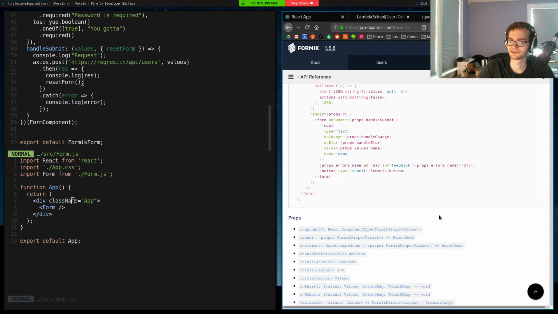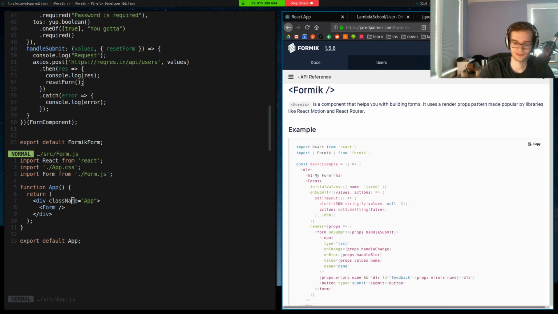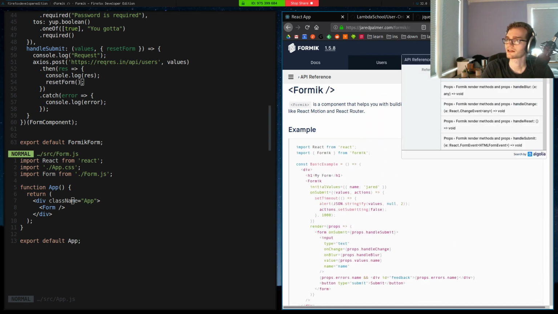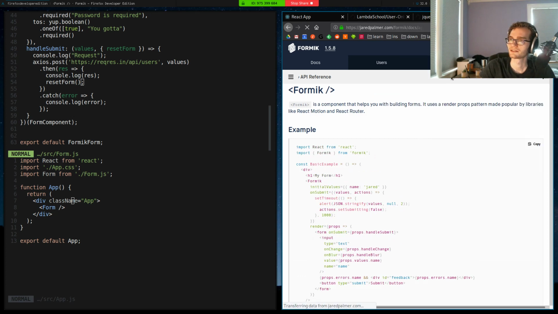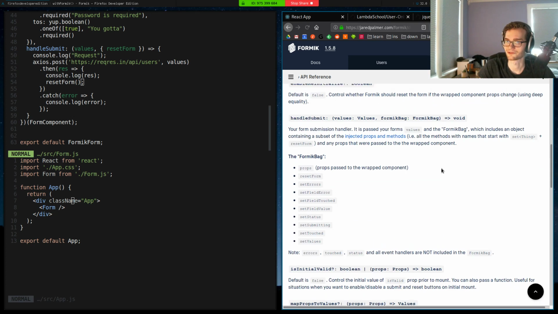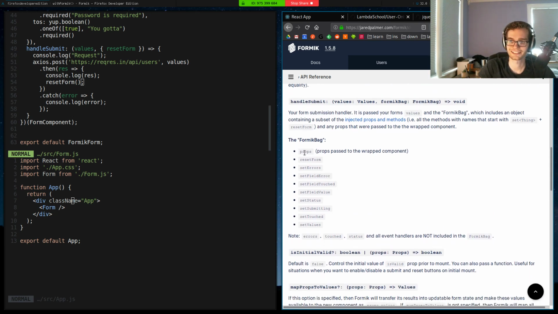And you'll learn all of these neat things. Like, we can look up handle submit. Yeah, and the second argument is called Formik bag. So the Formik bag contains all of these functions. And the one we want to be able to handle data coming back from our server